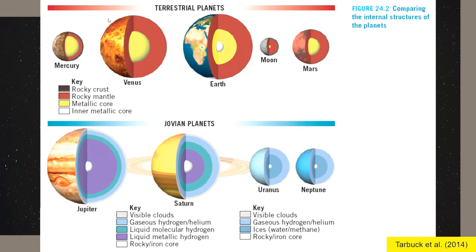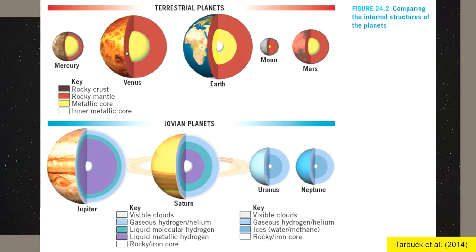So as you can see, the terrestrial planets all have, in varying sizes, a metallic core and a rocky mantle. Earth even has an inner metallic core. But Mercury, Venus, even the Moon and Mars have a metallic core followed by a rocky mantle and then an outermost